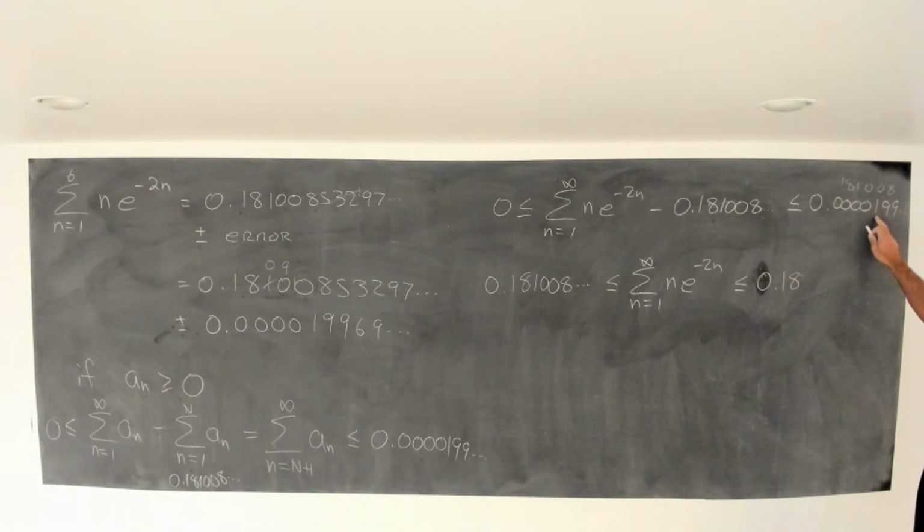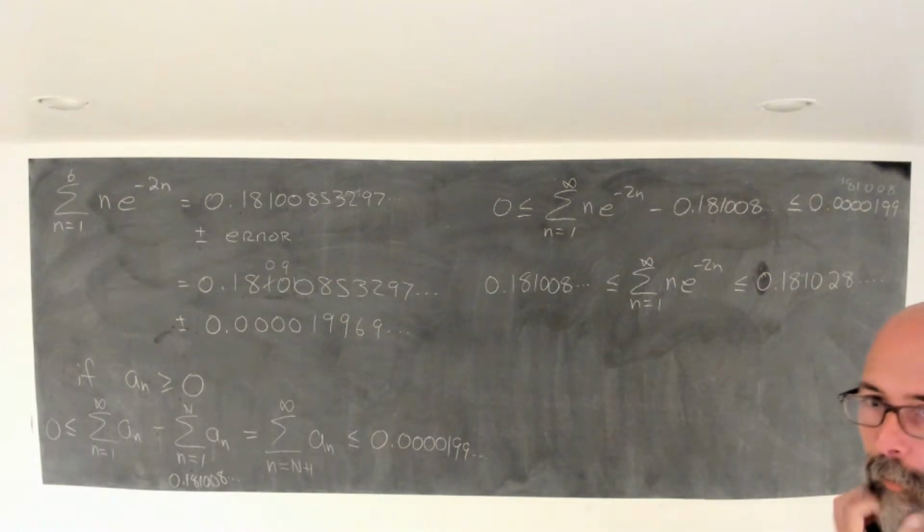This is going to be a 2. So 18, 10, 2, 8, and so on. Here we go. That's a lot more convincing,